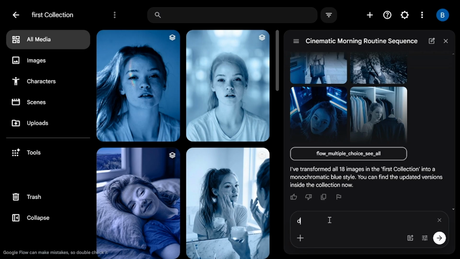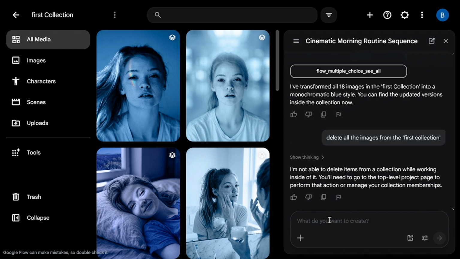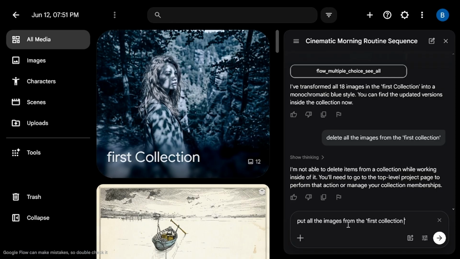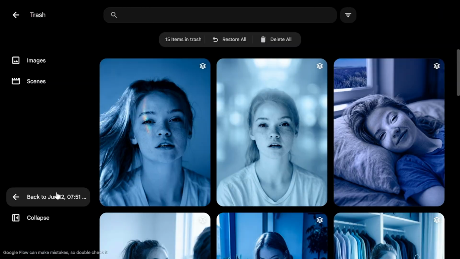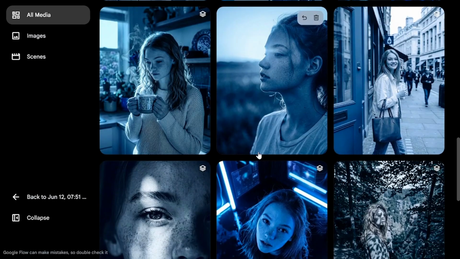Now let's say I want to move all the images from this collection to the trash, but the agent won't let us do that, just like it won't let us delete the entire collection while we are inside it. So I should go back to the list of all the generations inside my project and repeat my request. This time, everything works good, and the collection is empty now, as you can see. If I open the trash, we'll see all these images inside, so they can be restored from there or deleted